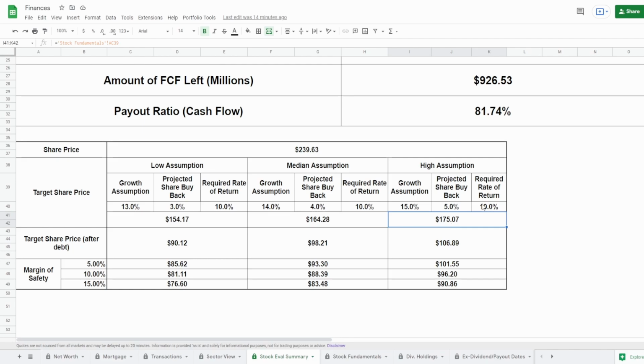But then again, I always say this every single time. I do not tell you what to buy. I am giving you the raw numbers that anybody could get. It's available for free on Seeking Alpha. Literally, anybody could get it. And I give you my assumptions as to what I would buy this company at if I were looking to buy it. If you do not agree with my assumptions, which hopefully you don't agree with my assumptions,